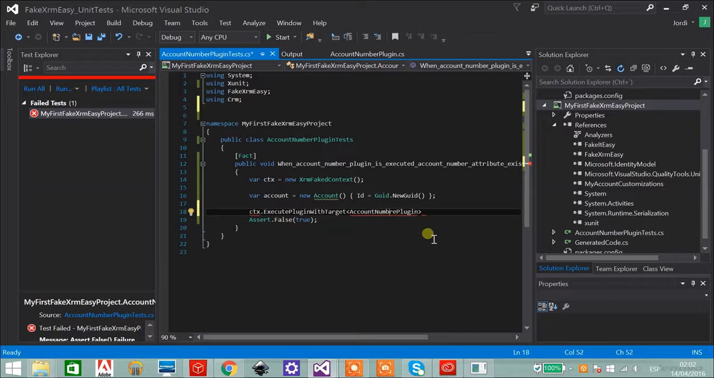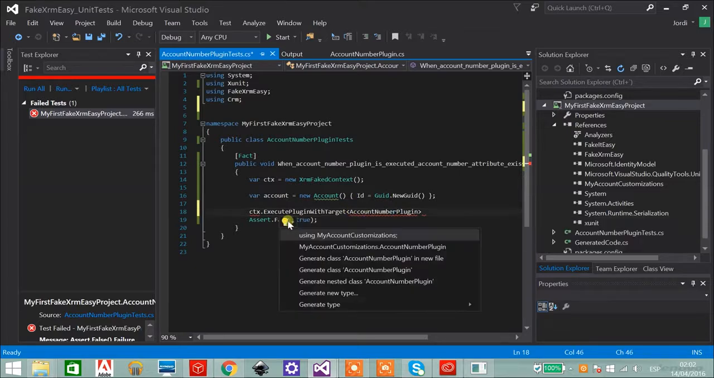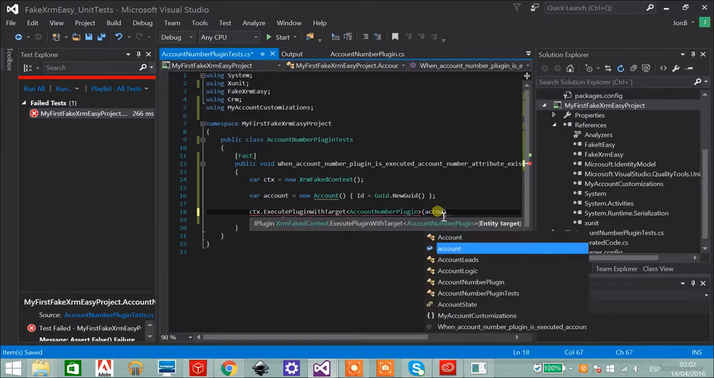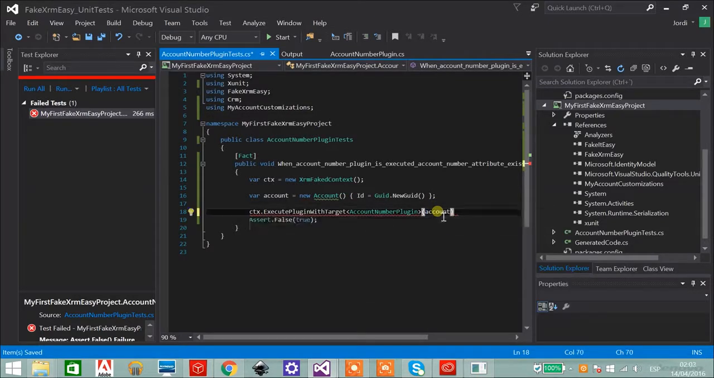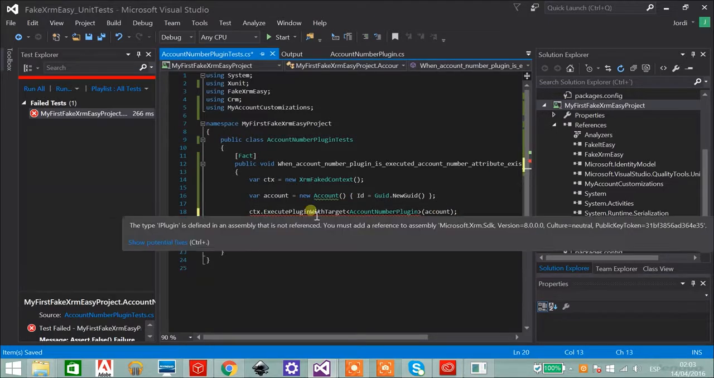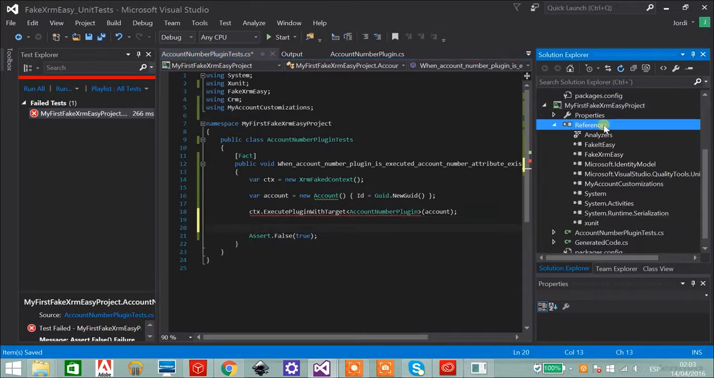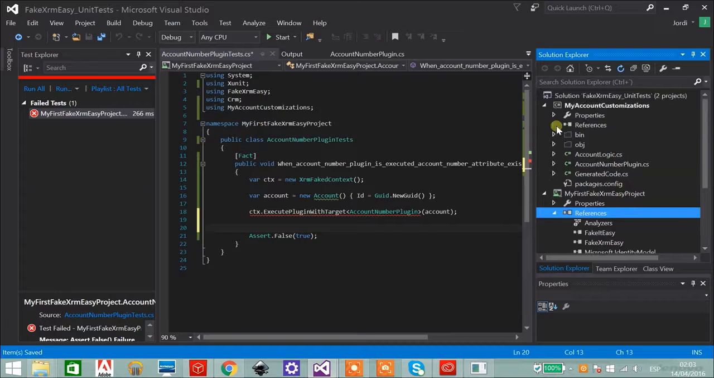Okay, typo. Number. Go using my account customizations, and then I just want to run that plugin with this target, the camera, right? Then at the end, okay, I need to also add the Microsoft CRM